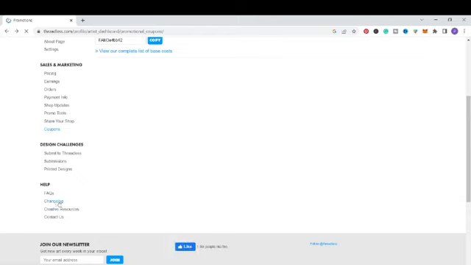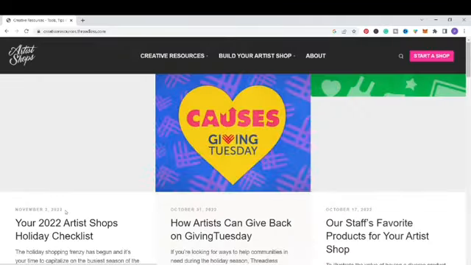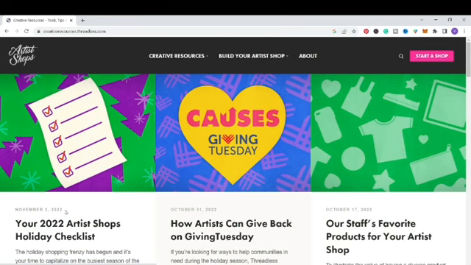Then you are having the creative resources. They also have the chat option and you can also contact them. You can do that if you have any doubt or query. So these are the creative resources that I've actually clicked into. They are having blog articles on their platform, which you can read,